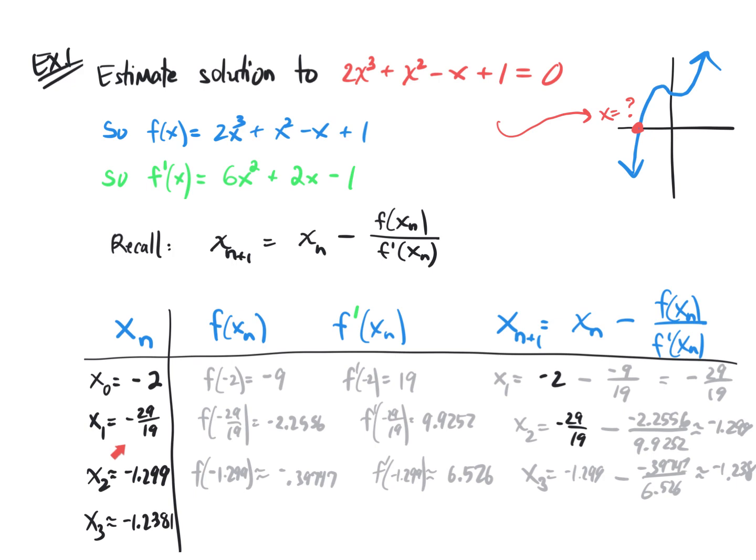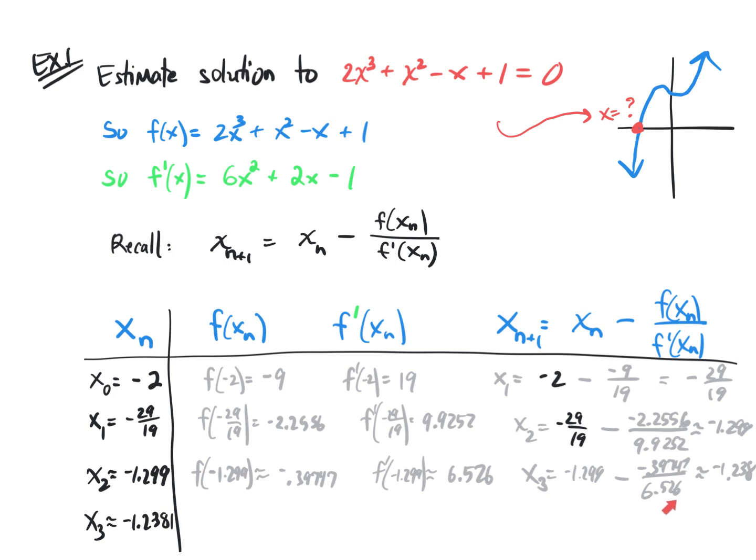That's x sub 1. All right, so to get to x sub 2, we're going to need to know the function evaluated at x sub 1 and the derivative at x sub 1. So once we have those, x sub 2 is the previous value minus f at the previous value divided by f prime at the previous value. This is about -1.299. That's x sub 2. So to get to x sub 3, we're going to need to know f and f prime at x sub 2. So those values are. And the third guess will be the previous value, which is x sub 2, minus f of x sub 2